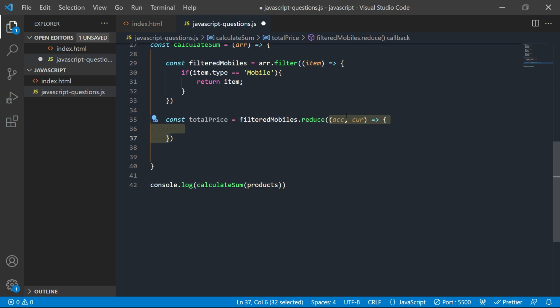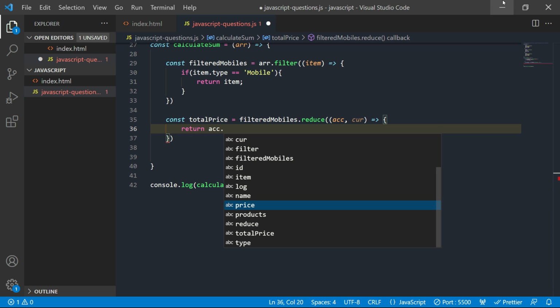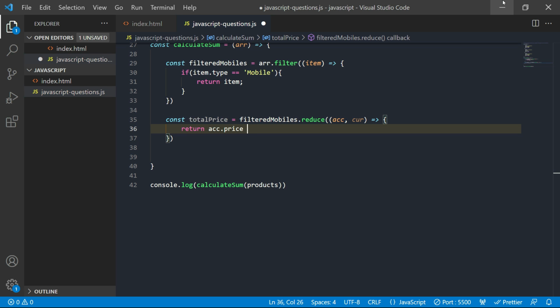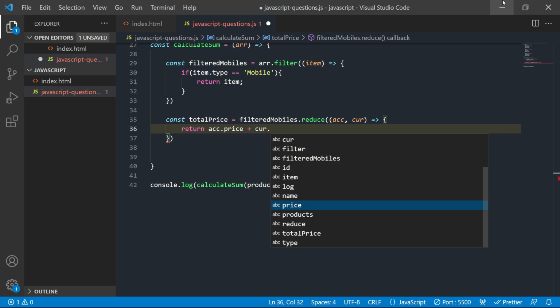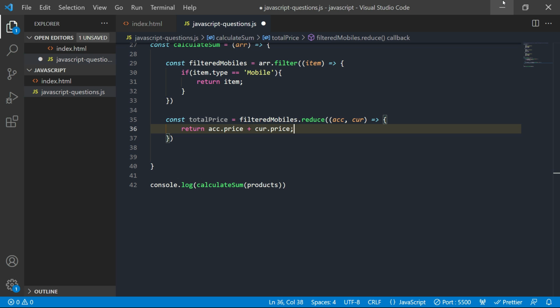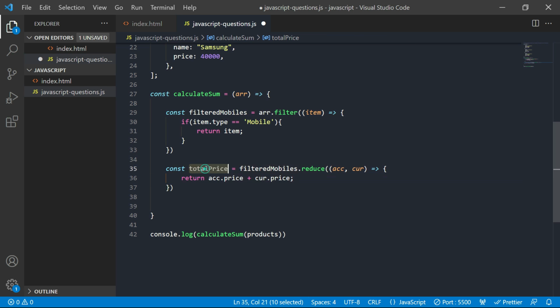Whatever value it returns is stored in this accumulator. Here we are going to return accumulator.price plus current object.price. This is going to return the total price of the mobiles.